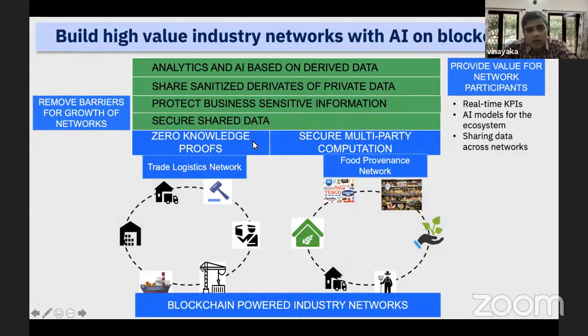What these protocols, zero knowledge proofs and secure multi-party computation, do is allow the participants to share sanitized derivatives of private data. Okay, what do I mean by this? What I mean is that